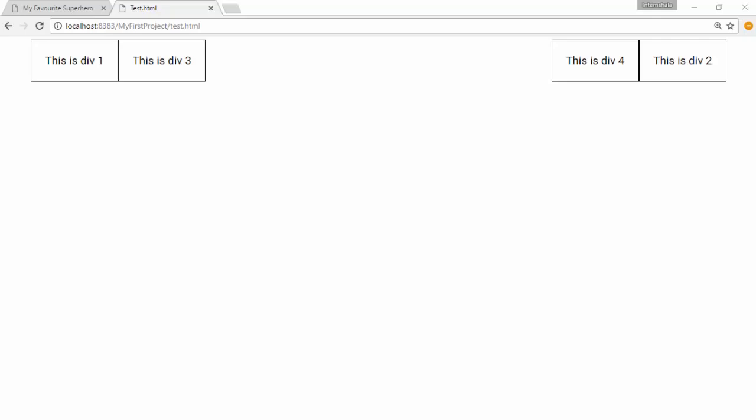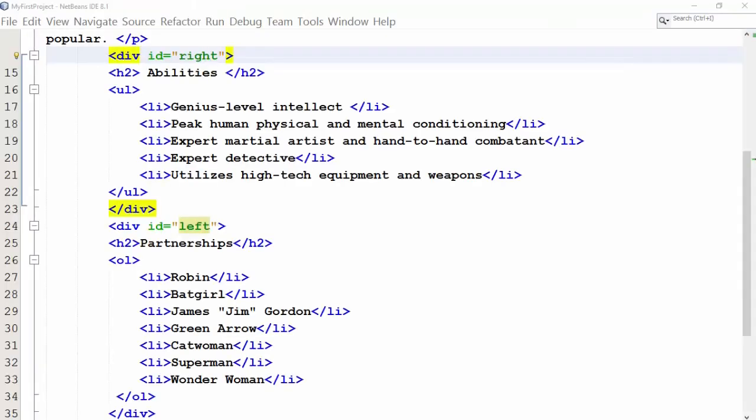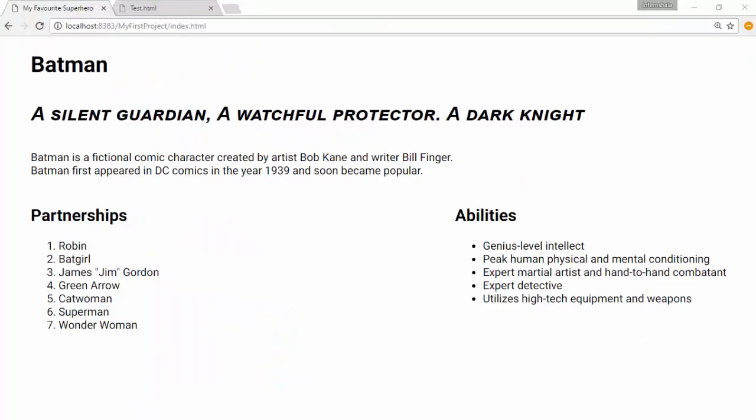We learnt how to use the class attribute to assign styling to div elements. You could use a similar method to apply styling to any element. Also, for the index.html file of our first project, we used the ID attribute to style left and right float for the divs. Now that we know that using class is a better way of defining style, let us go back to the index.html page. We will change the div ID attribute to the class attribute. We have already made the necessary changes in the style sheet. If you see the output, you would observe that we achieved the exact same styling using the class attribute. We will learn more about divs in the next lesson.